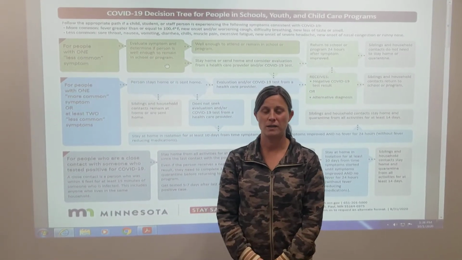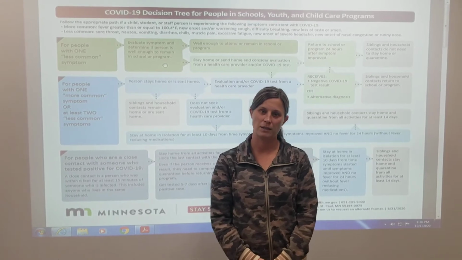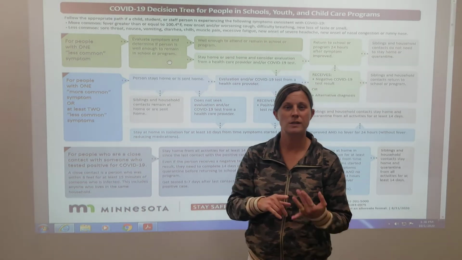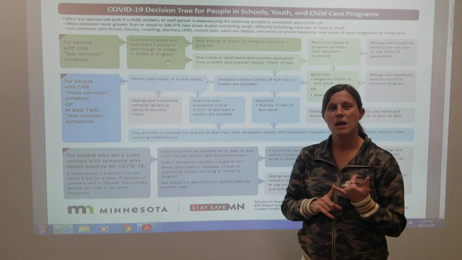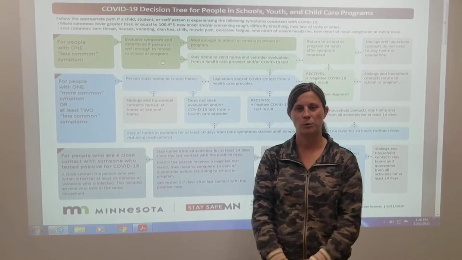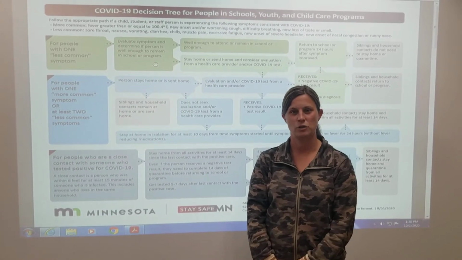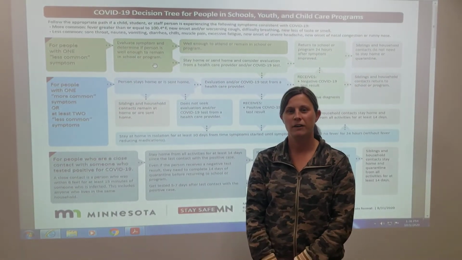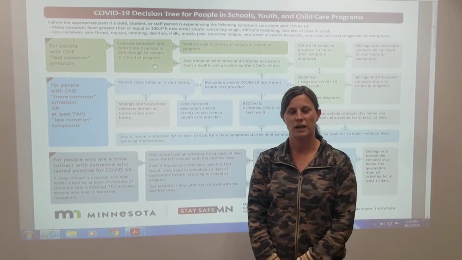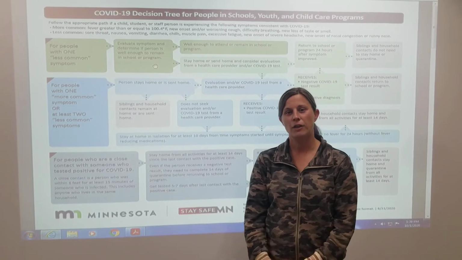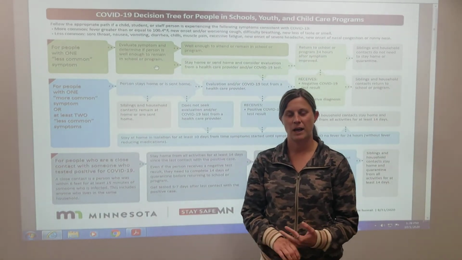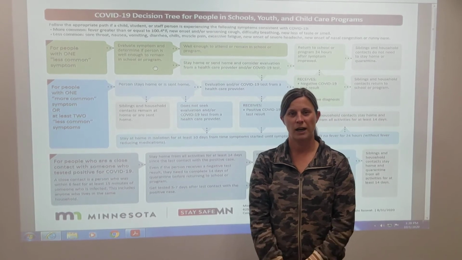There are three ways to return to school, and that's what I'd like to visit about today. So the first way that they may return to school is with a negative COVID test. The second way is with an alternative diagnosis, so seeing a medical provider and being assessed for their situation to determine, in fact, if there's a different disease process that's taking place, and so an alternative diagnosis can be given.